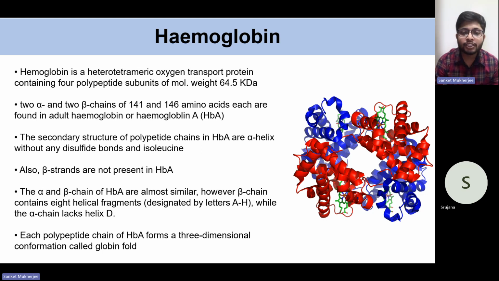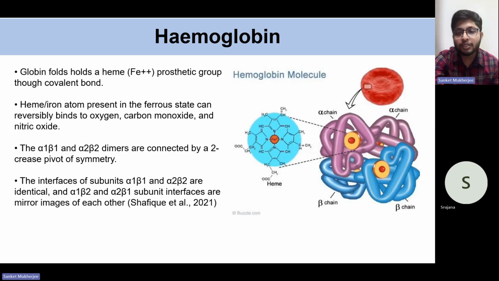Now, each polypeptide chain of HbA forms a 3-dimensional conformation, which is called the globin fold. Now, if you see the structure closely on the right, they have a heme group that contains the iron, right? And that is important to carry oxygen. That prosthetic group is attached through a covalent bond, as you can see. Now the iron atom present is in the ferrous state and can reversibly bind to oxygen, carbon monoxide, and nitric